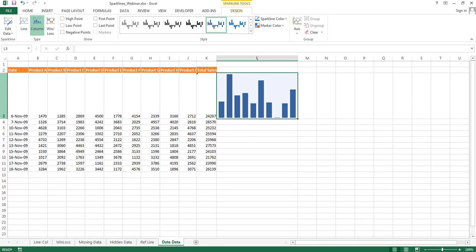Now if you look at the data again, you will see my dates are 6, 7, 8th, and 9th is missing, then 10, 11, 12, 13, 14 is missing, 15, 16, 17, 18. So this is not a continuous date type that I have. Now it might mean that 7th, 8th and 9th was a Saturday or Sunday and I did not make any sales, or 14th November is a holiday and hence I did not make any sales.